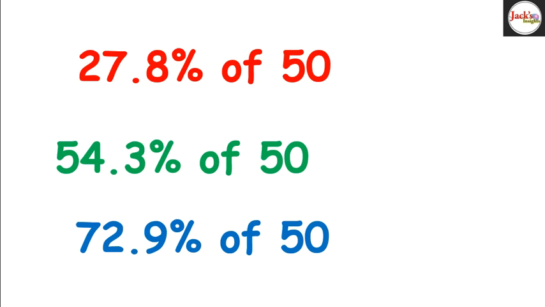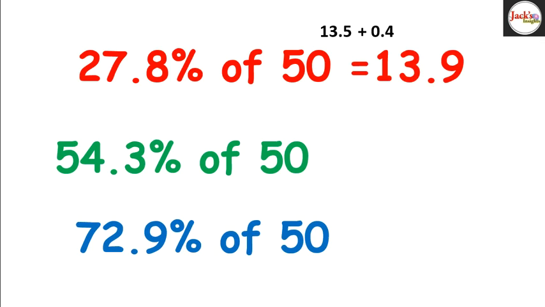Same process, we'll get the half of 27.8. So what is half of 27.8? So we know that half of 27 is 13.5, and half of 0.8 is 0.4. So we're going to add 13.5 and 0.4, that is 13.9. That is 27.8% of 50. How about